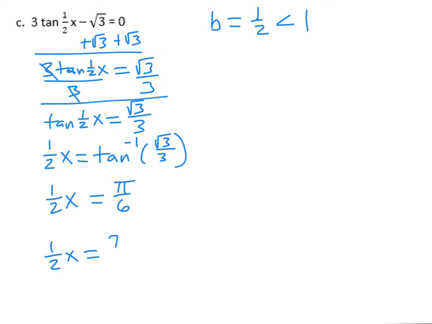We've got 7 pi over 6. Okay, those are 2. Now, the whole idea of "oh, hey, go add the coterminal angles to get more answers" is not a thing on this problem, because b is less than 1. We don't do it. All we actually end up doing here